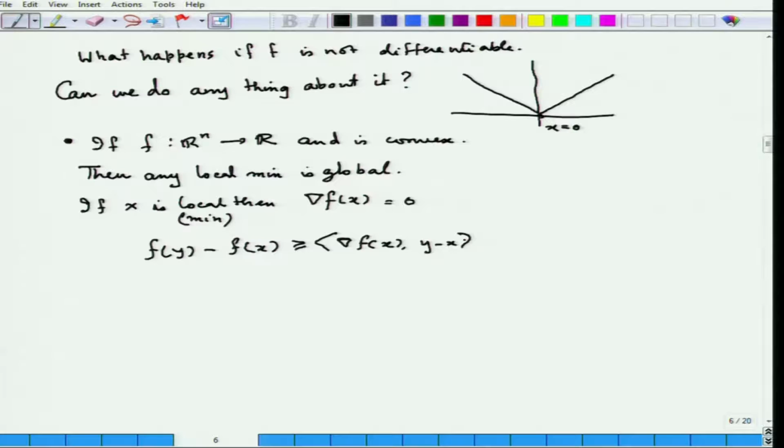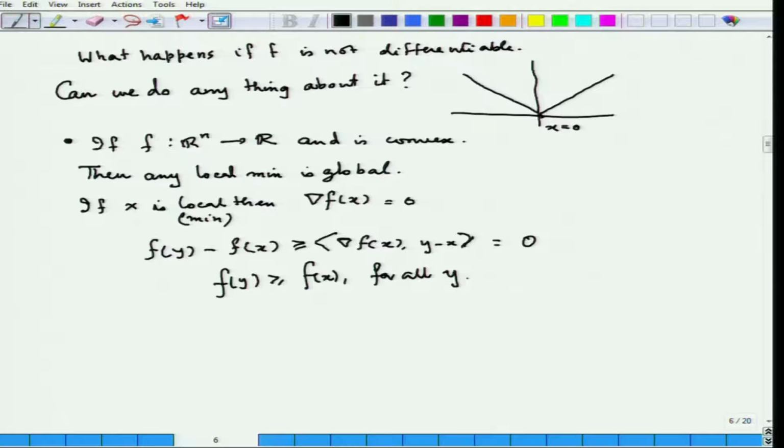Now, once you plug in grad f(x) equal to 0, that will give you 0. That will show that f(y) is greater than or equal to f(x) for all y, sorry, for all y. So, showing that f(x) is a real minimum. Now, this also triggers this expression: f(y) minus f(x) is greater than or equal to grad f(x) into